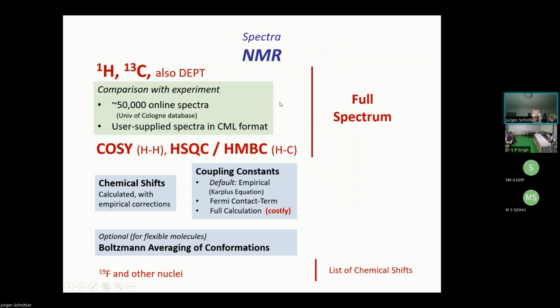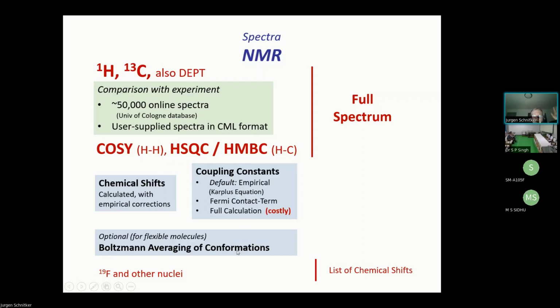Spectra, so I will only sort of touch on that. NMR spectra are calculated by the program. What actually comes from real theory is the chemical shifts. The coupling constants can also be calculated from scratch, but it's very costly, actually. And the spectrum that I showed, for example, used the default. The splitting of the peaks came from the Coupler's equation. It's an empirical algorithm. It does not come from first principles. So that's a full disclosure. It can be done, but it's very costly even now.